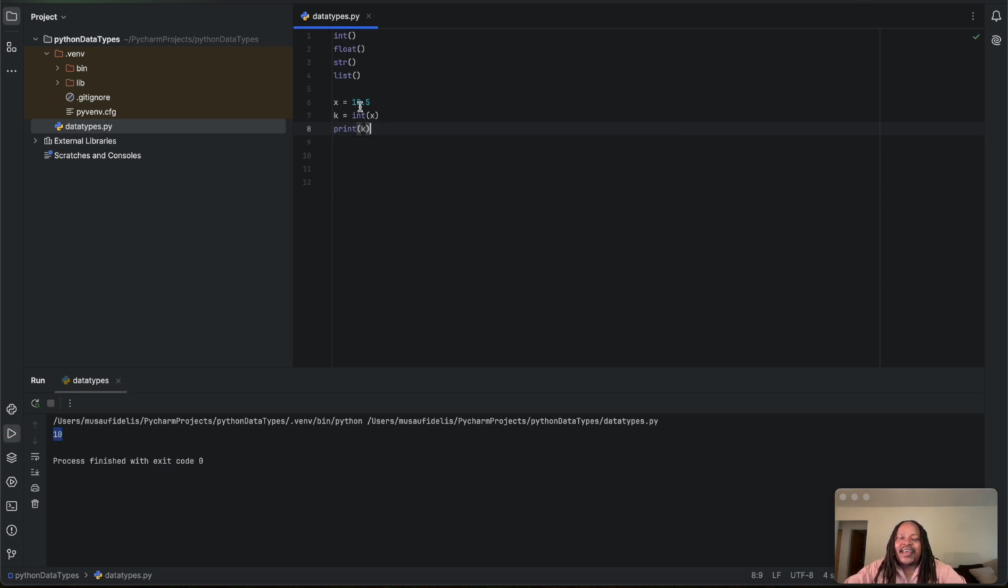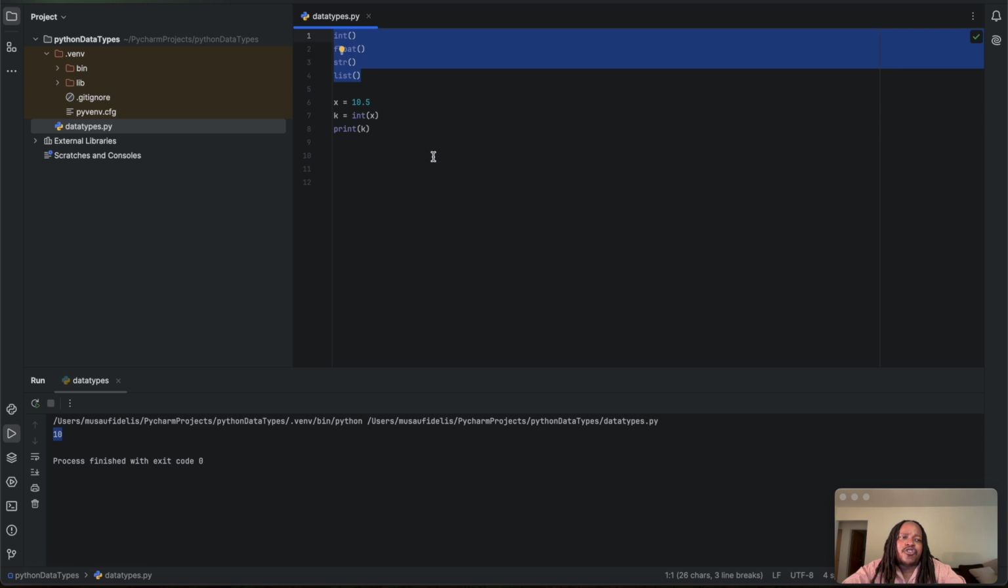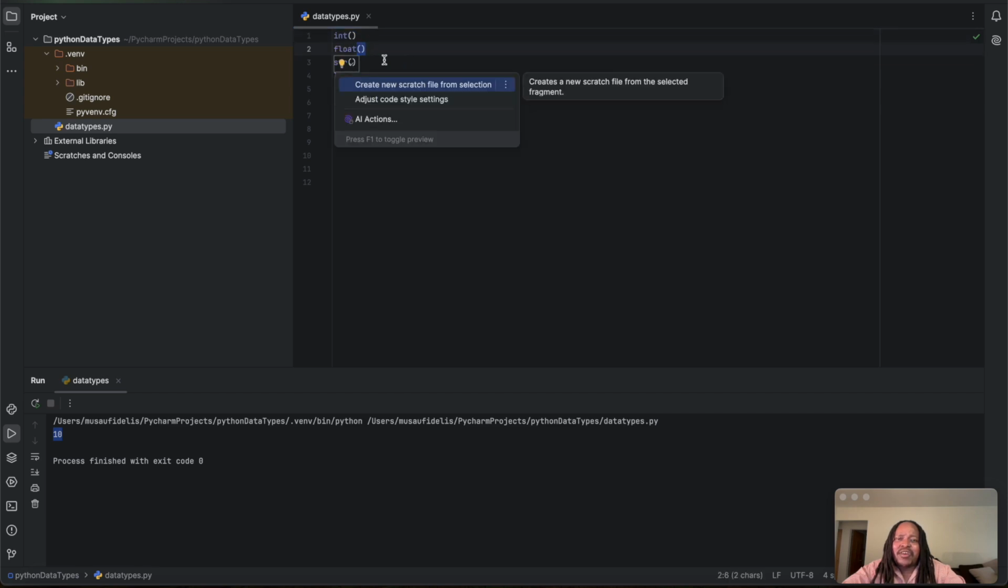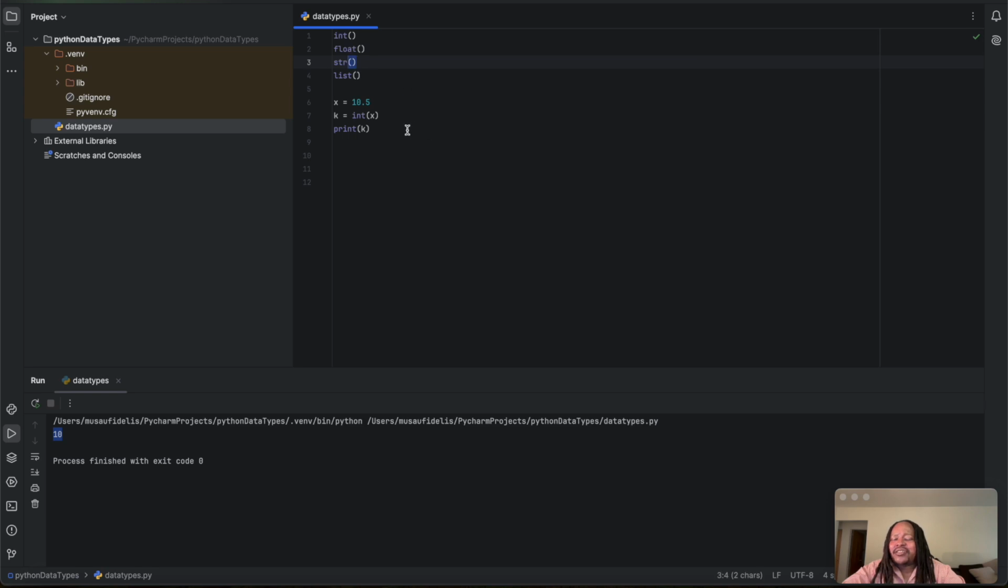We have converted this floating point number into an integer, and that's how we do type conversion. Remember, these are functions. We'll talk about functions later, but for now, we'll see that we have them with opening and closing parentheses. That denotes that they are functions in Python. And that's what I wanted to talk about today regarding